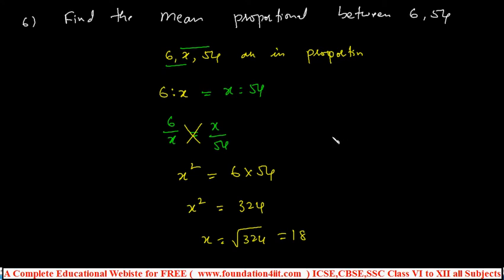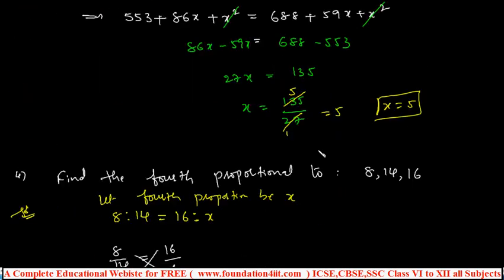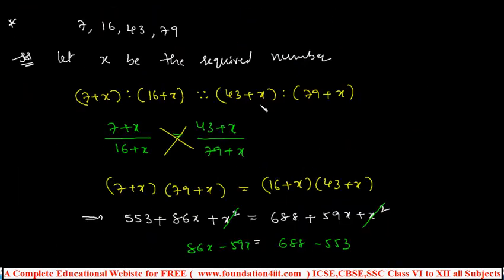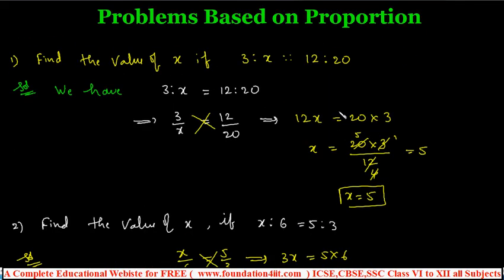So these are the ways we can solve the mean proportion, third proportional, fourth proportional, and the number required to add to make it proportional. Okay, these are the problems based on proportion. Next we will see the K method concept in proportion. These are the basic problems. Next we'll see what the K method is and how to solve problems based on the K method in proportion. And next some more properties we'll see.